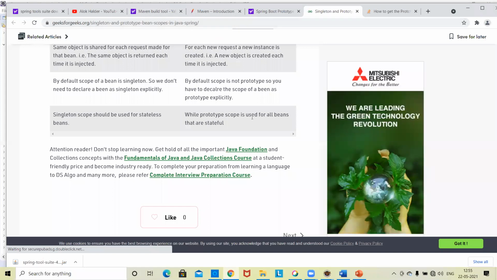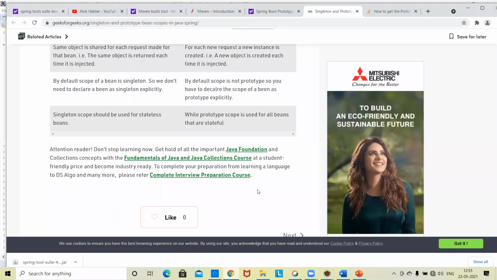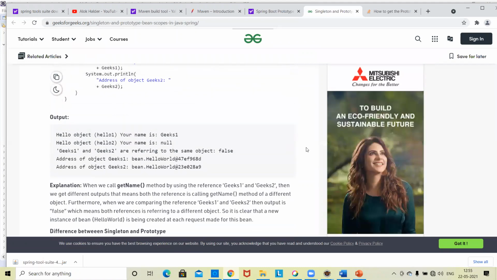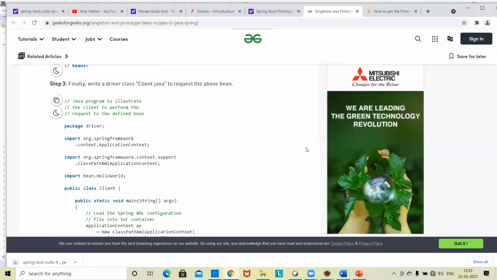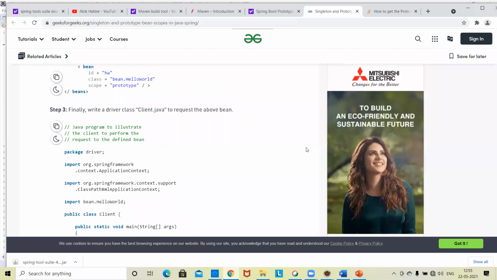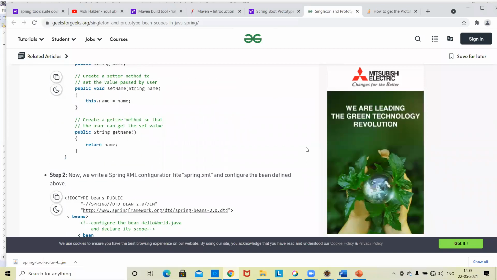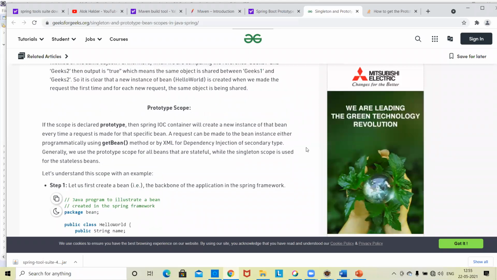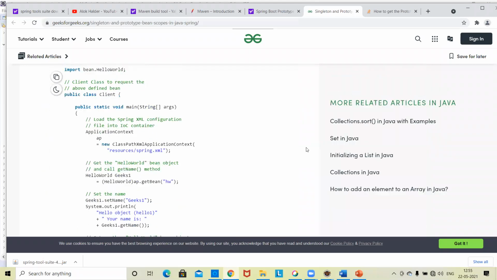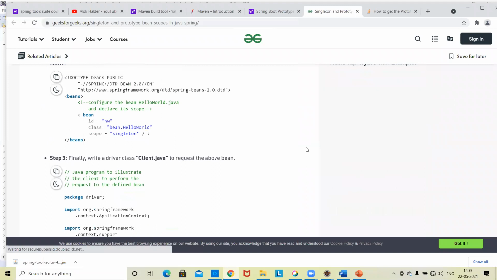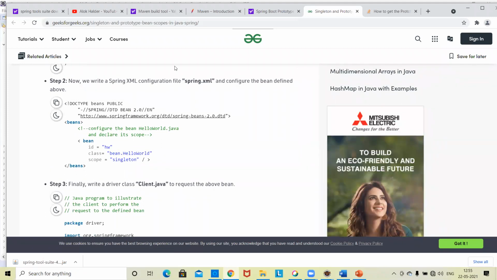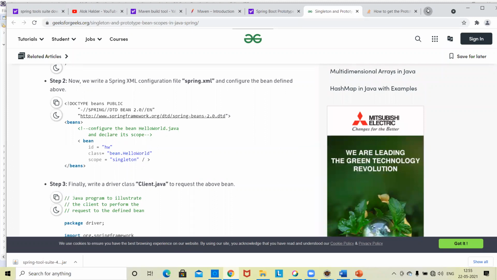Why am I not getting it here? It is written here, but it is a configuration, actually a normal thing. It is an XML configuration. I want to avoid the XML configuration. Definitely we can show it in Spring Boot in XML.